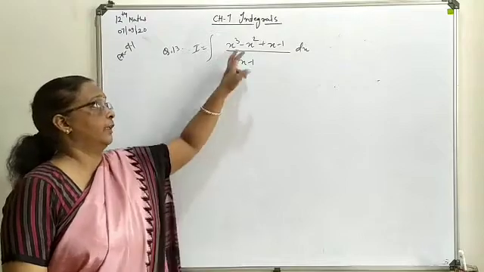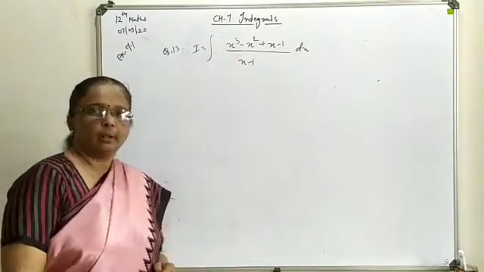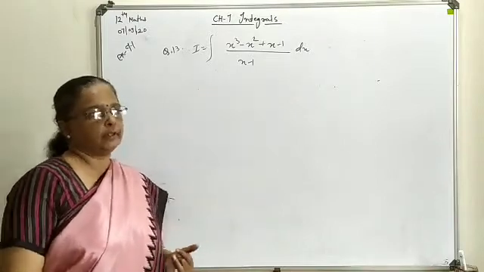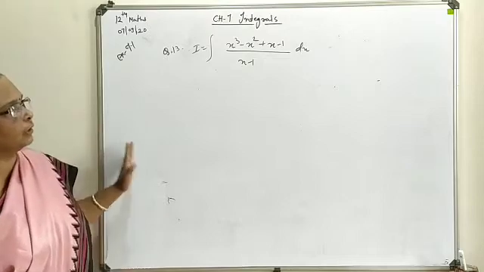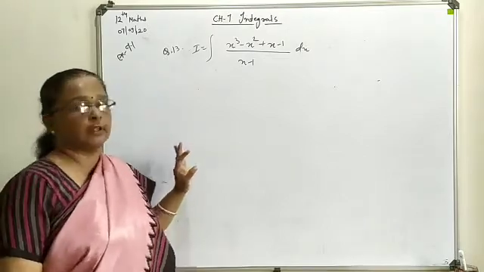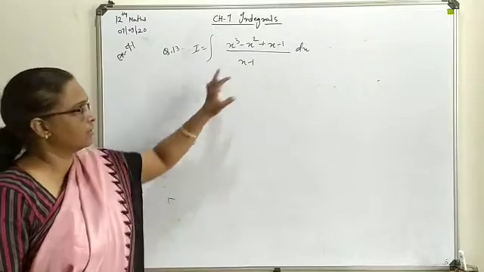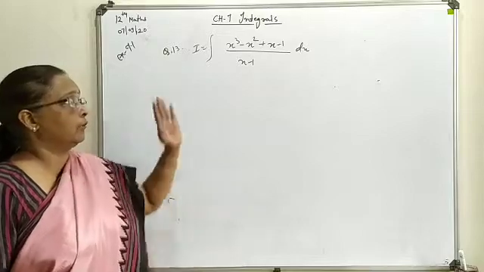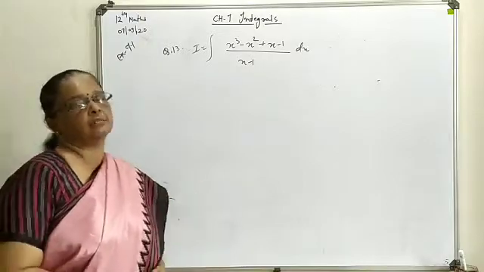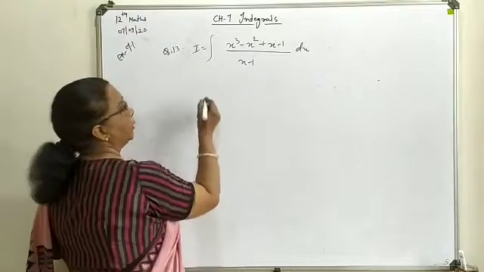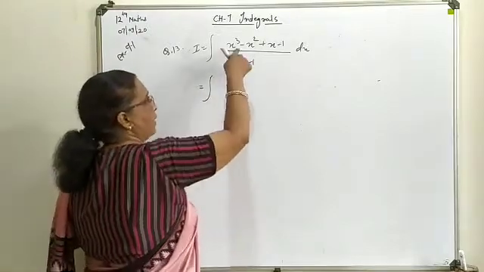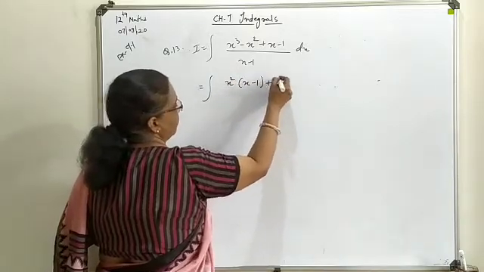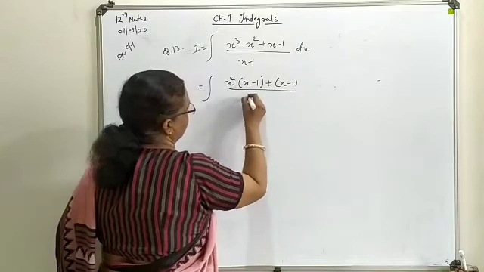in two ways. First of all, you find the factor of this numerator and then cancel x minus 1 and then proceed. And if your vision is clear and from the question itself you can find the required factor as x minus 1, that also you can write over here. Here in our question it is very clear that x minus 1 we can take as a common factor in the numerator. So in the first two terms we take x square common, so x minus 1 will be left with you. This is x minus 1 upon x minus 1.